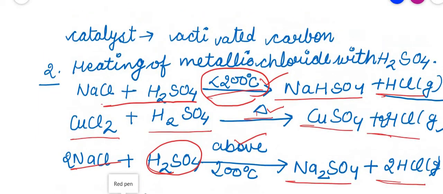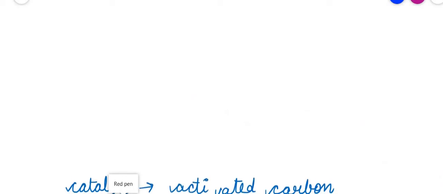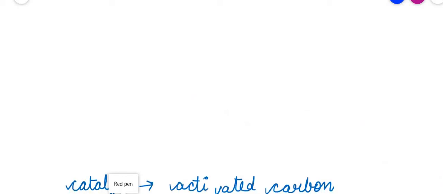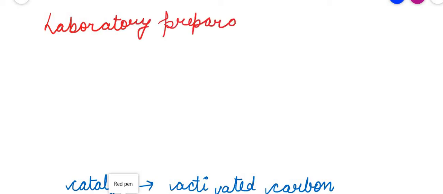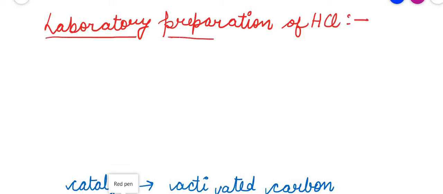Now, the very important part of this is its laboratory preparation. Many questions were coming from this topic. All the things you need to remember: the laboratory preparation of HCl, its experimental setup, its precautions, its conditions, everything given in this topic, because every line can make a question for us. Okay, so in the laboratory preparation, hydrogen chloride gas can be prepared by the action of